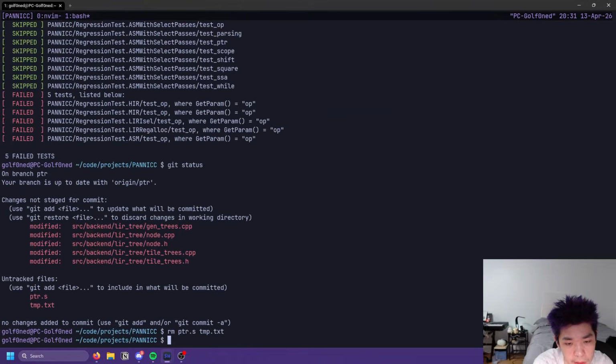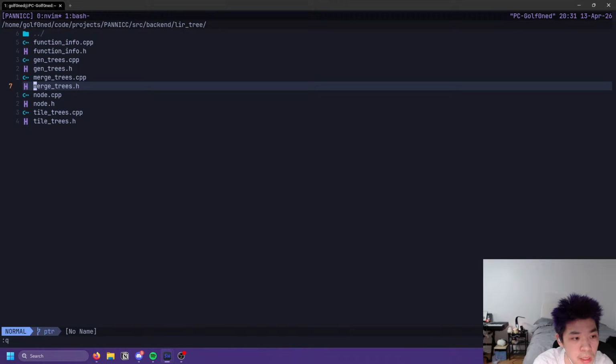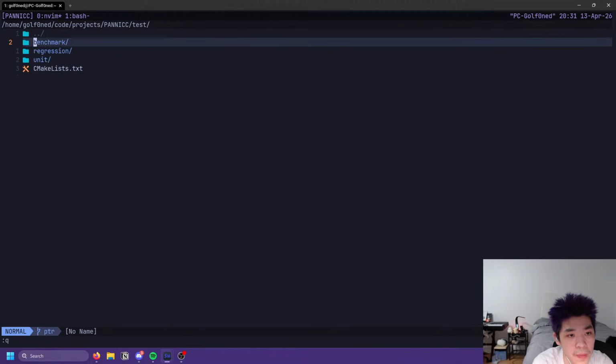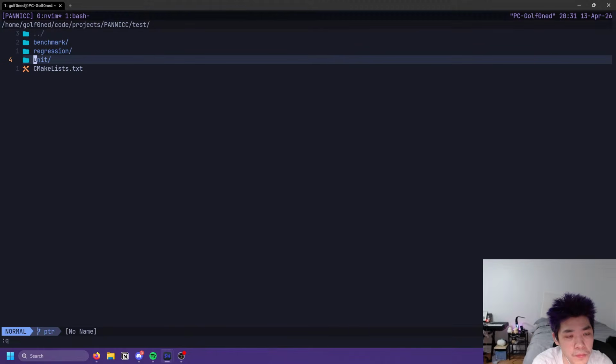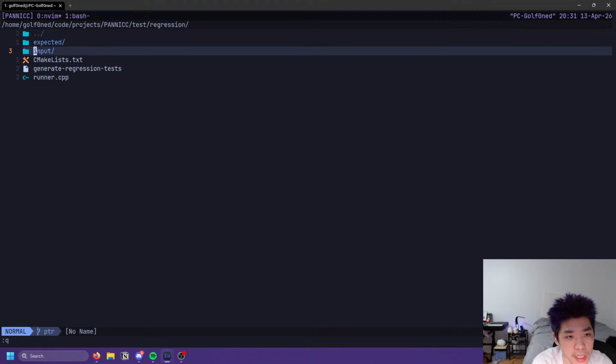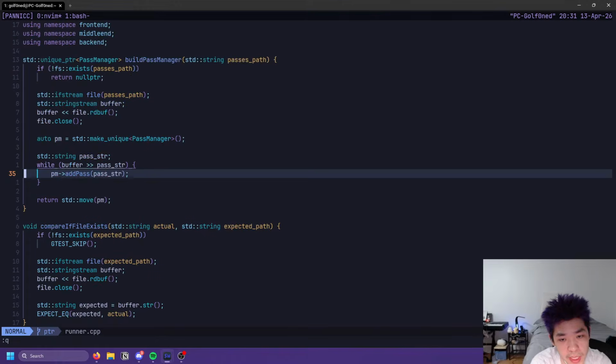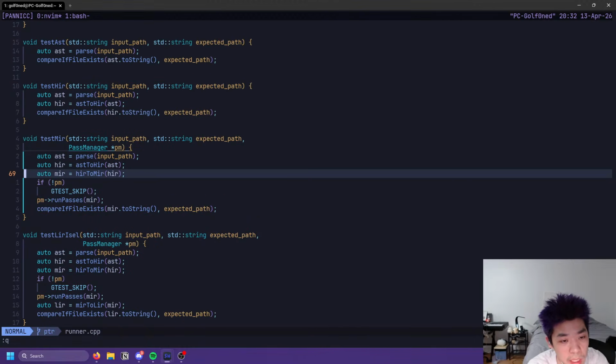Okay, so that's a lot of stuff we made changes in. So our test setup, under regression testing, I have this little test runner. It just takes gtest and makes it run the compiler on some input and then compare it against the expected output already stored in another file. That's pretty much all it does. It's nothing too complex, I believe.